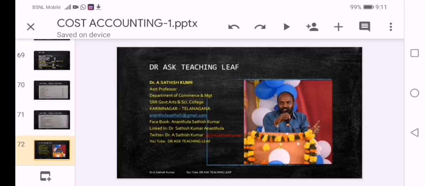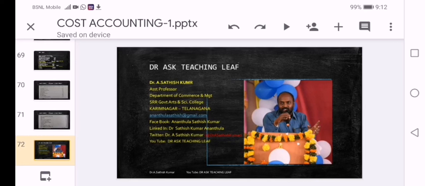I request all the learners and students to attend all the problems and solutions very thoroughly and understand slowly, and don't leave immediately once the presentation is made by me regarding solutions to the problems. You also cover the two assignments given. Two assignments are related to the cost sheet. Both assignment 1 and assignment 2 are given before this slide.